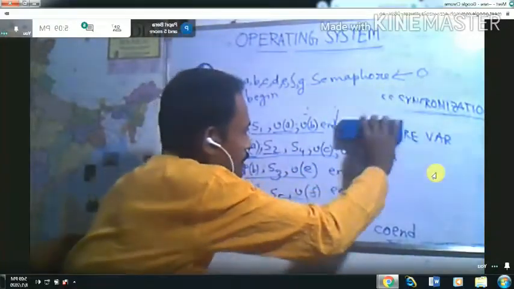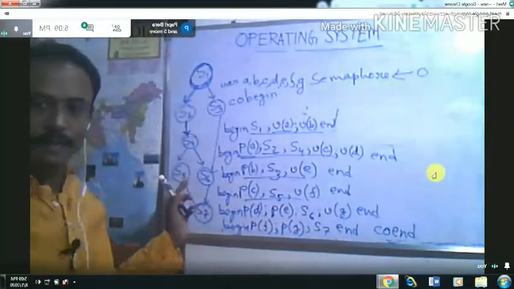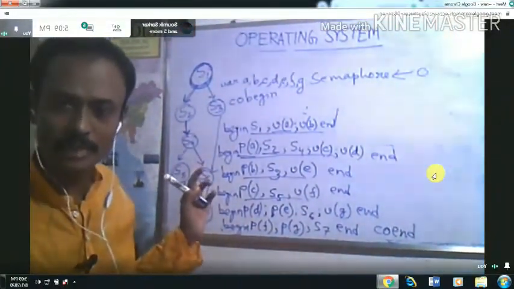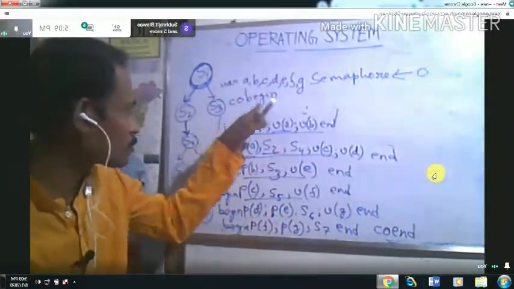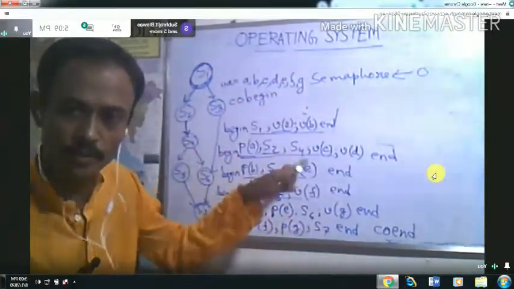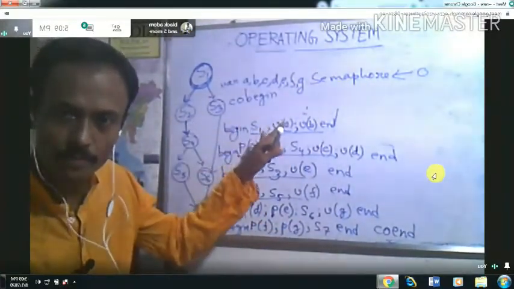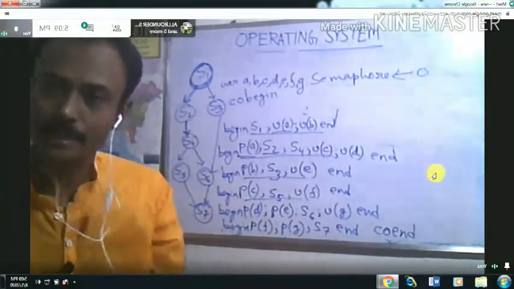So this is the parallel program for this particular precedence graph. Before, we saw that this precedence graph could not be converted using cobegin and coend alone, but where we use the semaphore, we can easily convert this precedence graph into parallel programming using the cobegin and coend structure. So all these are different applications of semaphore variables.